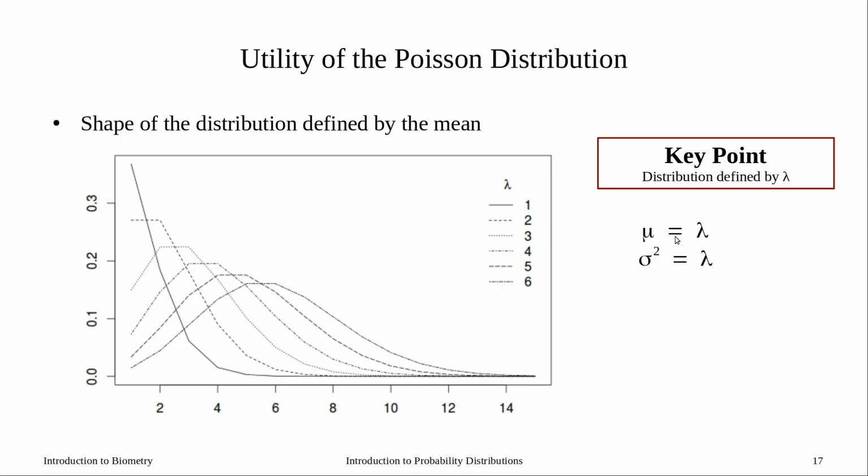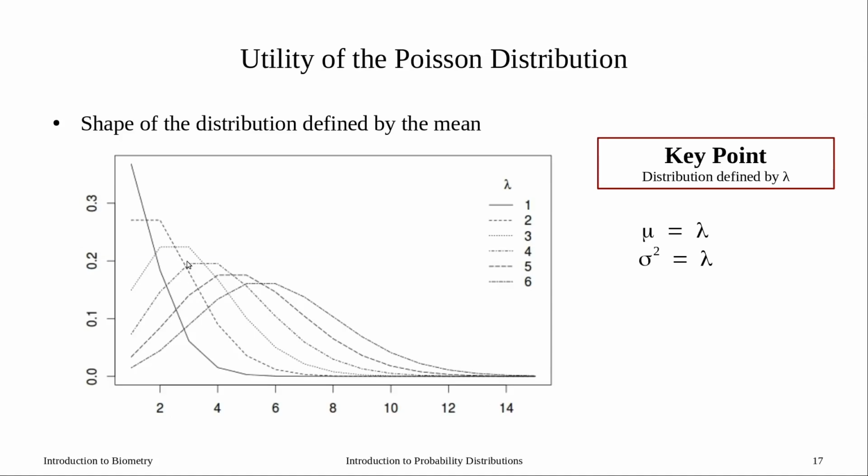With our Poisson distribution, this lambda has important properties. Specifically, lambda is equal to the mean, and lambda is equal to the variance. So the mean and the variance are the same if we're working with the Poisson distribution. You can see this in a sequence of curves as I increased our lambda value. We start out with a very peaked curve, and as our lambda increases, we get a wider and wider type